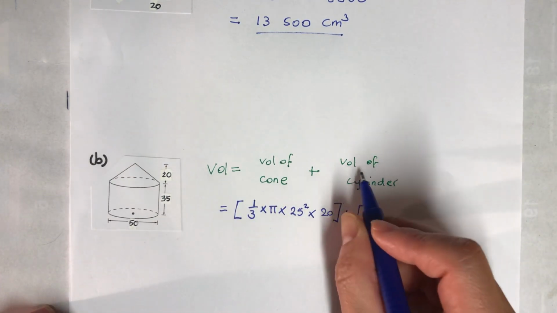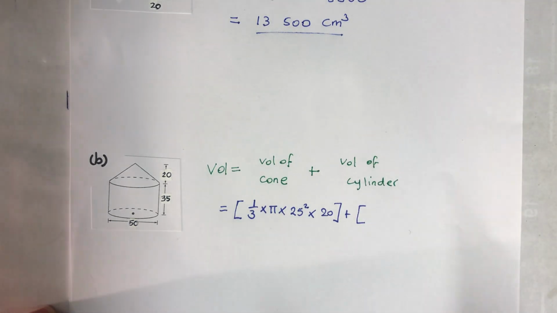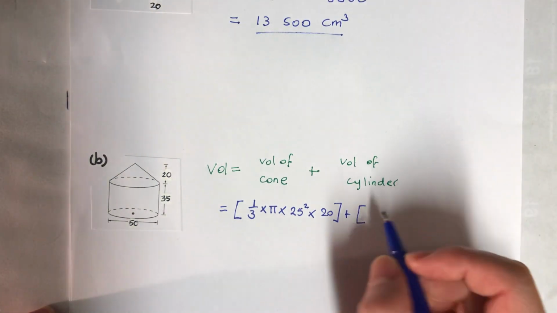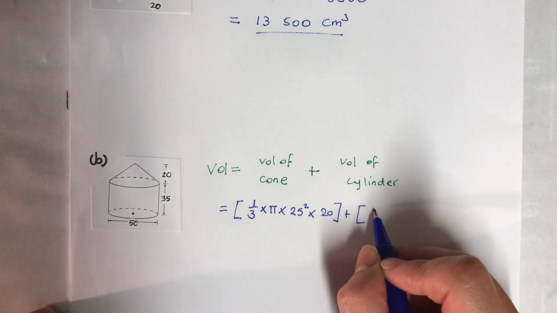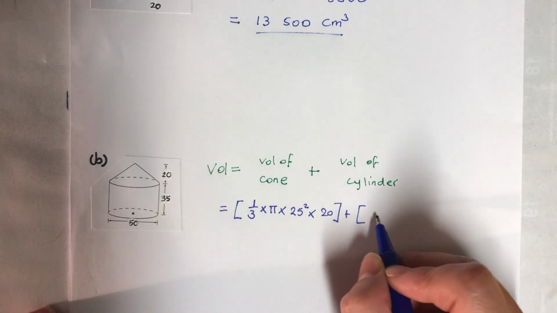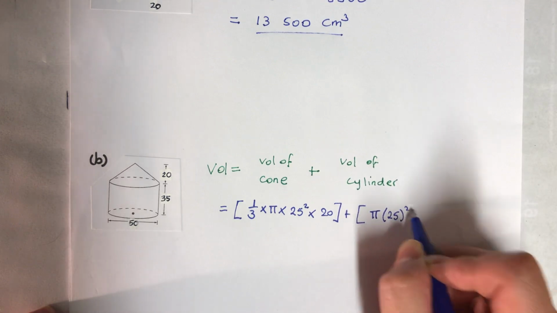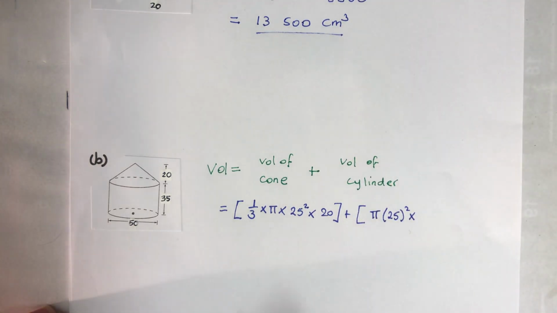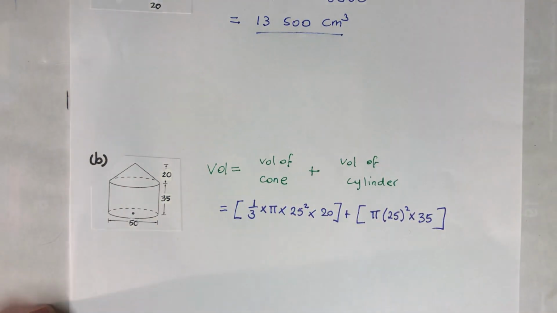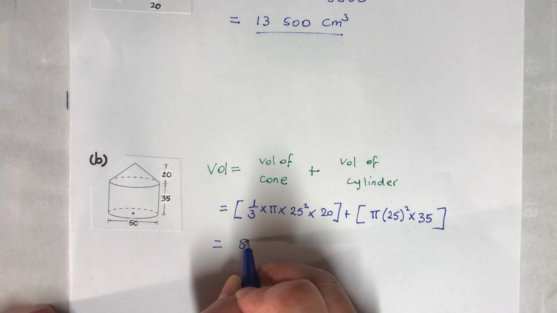And then plus the volume of the cylinder. The volume of a cylinder doesn't need a 1/3. It's a proper sort of prism, you know, in a way. It's not a prism, but it's like that. So I will have pi r squared, because the area of the base is a circle, r is 25 squared, and then the height of the cylinder, and the 35. So again, I'm going to use my calculator on this, and I will get